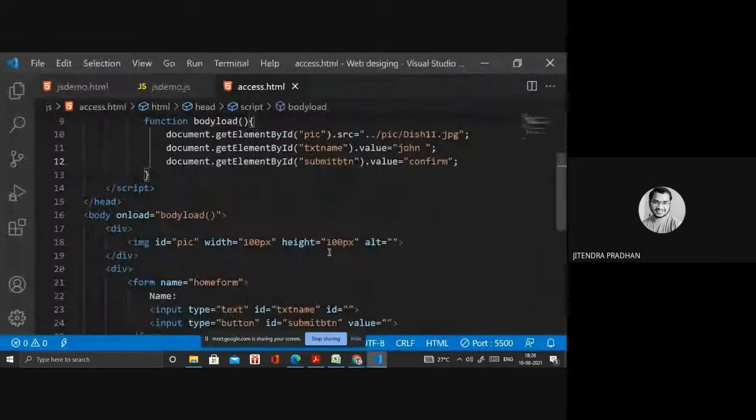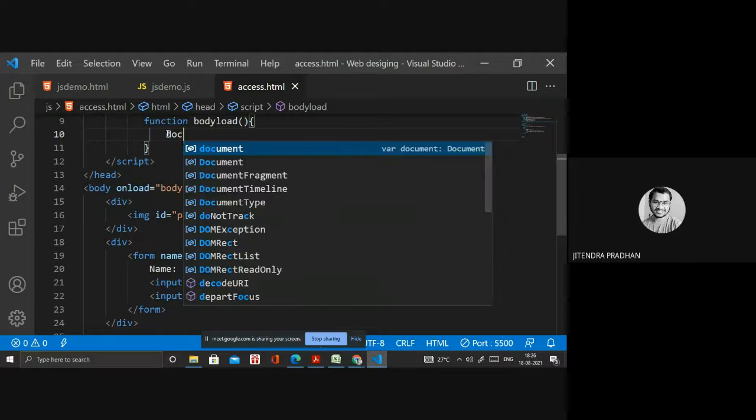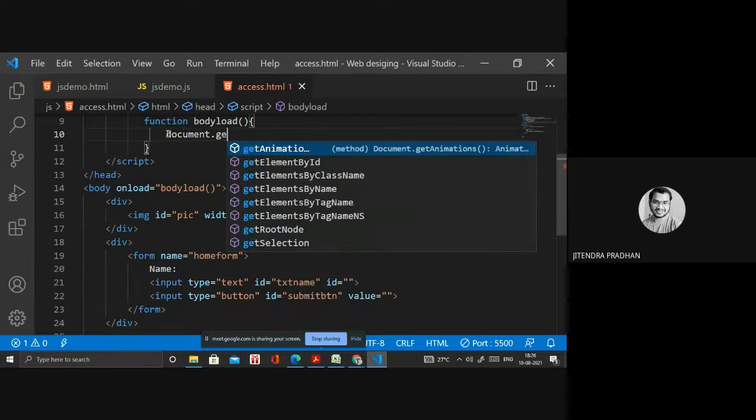So all these tag names are image tags. Let's see. I will remove that one. When you want to access by using tag name, then you have to use document.getElementsByTagName.